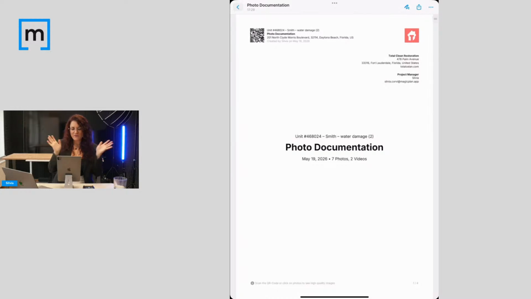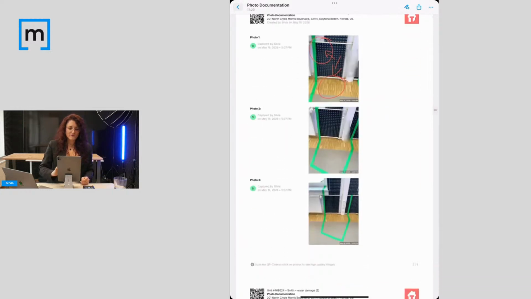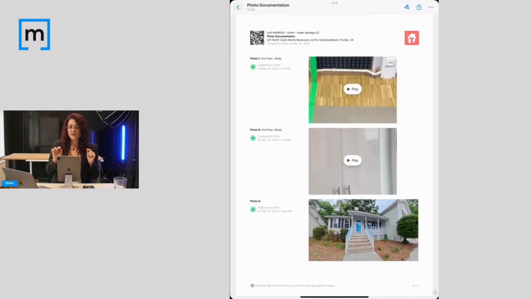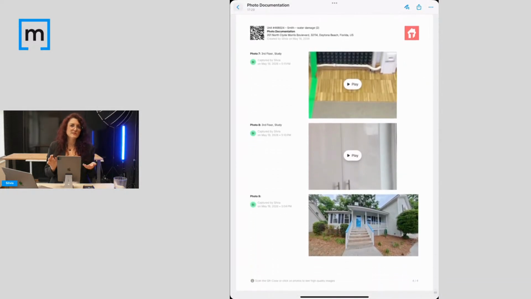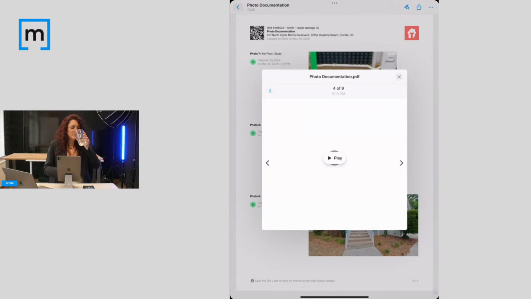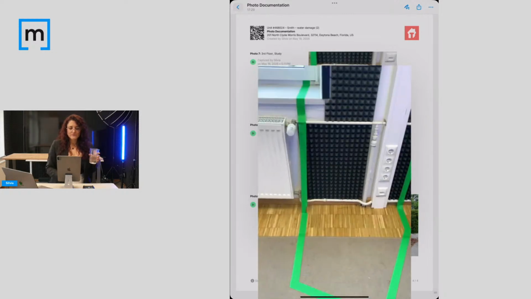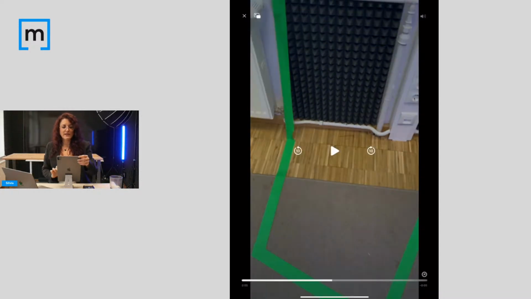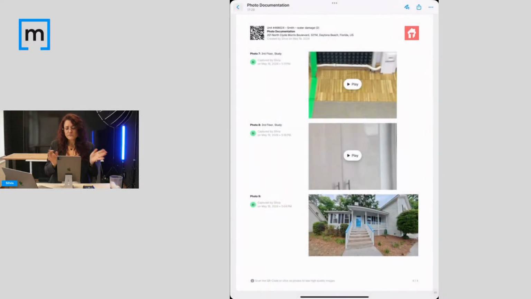Okay, so you see the PDF opens by itself already, and voila. We have all our details. The videos are interactive, right? As well as the 360 photos, if we would add them. You can see here, just to show you. Okay, so you could also make it bigger on your computer, and anyone who gets your documentation is then able to watch the videos, see the photos, see the details, see the damage, and everyone is on the same page,